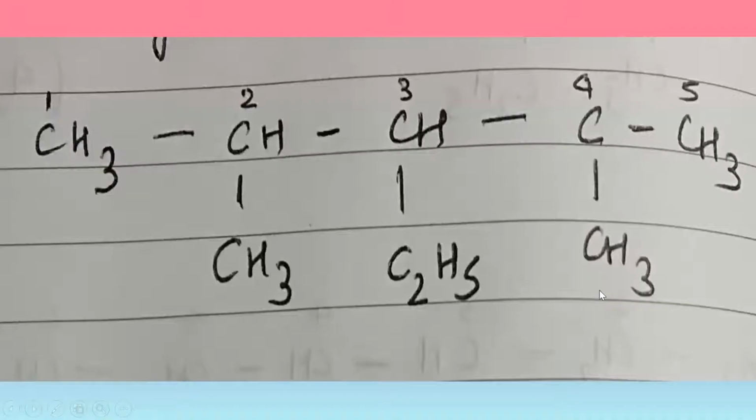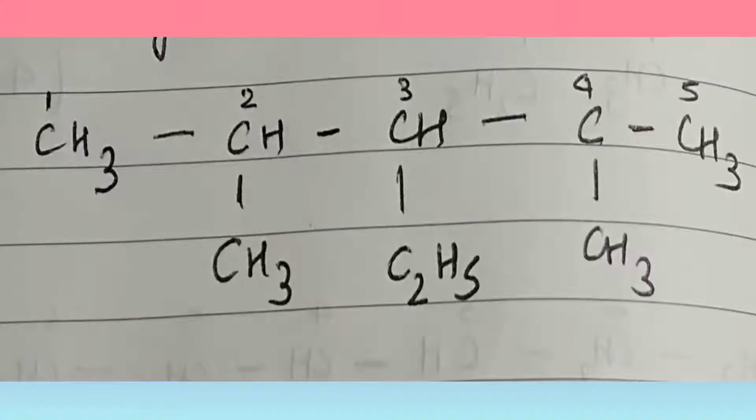Next example. Here you can notice that there are 2 methyl groups and there is 1 ethyl group in the center. And the longest chain here also has 5 carbon atoms. You can also write down this example on paper and try to find out what the name of this compound might be. Now if I give the locant positions for this compound, I realize that whether I go left to right or right to left, they get the same numbers, because the ethyl group is present in the middle, and the methyl groups are present next to it.